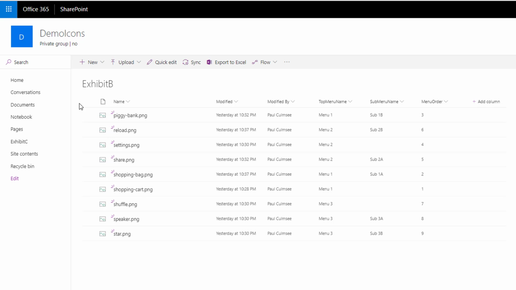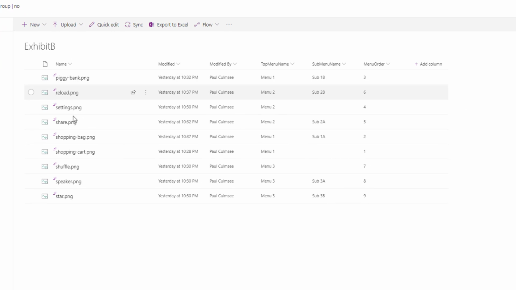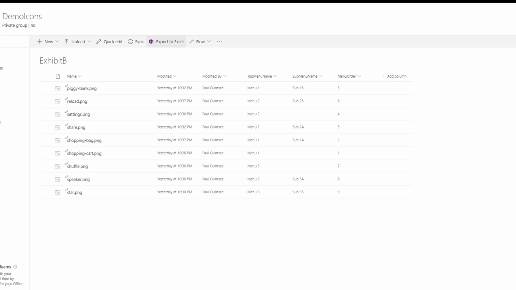So in this library, what you can see is I have uploaded a whole bunch of those icons, and I've created 3 additional columns to basically govern how it displays in PowerApps. The first 2 are familiar already. We have the top menu name and the sub-menu name. I added an additional numeric column here called menu order, and that's because if you change these over time, you need to be able to guarantee a certain order that they are rendered in. So I've literally just created a menu order column and then put ascending numbers in so I can control the display of values. Now if we go back to PowerApps and see what that means,